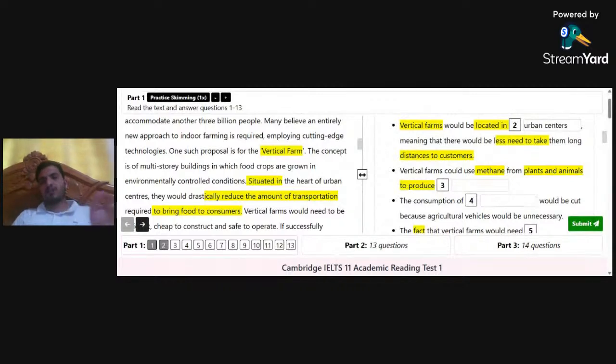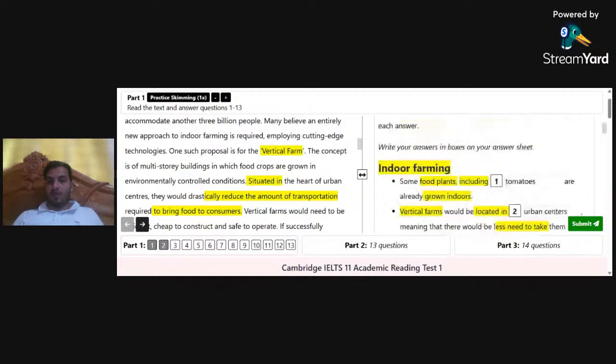Just try to make notes of these. Make notes of small things like these, they help you a lot, especially in listening and reading, when you are solving fill in the blanks. So, vertical farms could use methane from plants and animals to produce something. Let's see where this is talked about. Again, you have to look at this when you are doing some